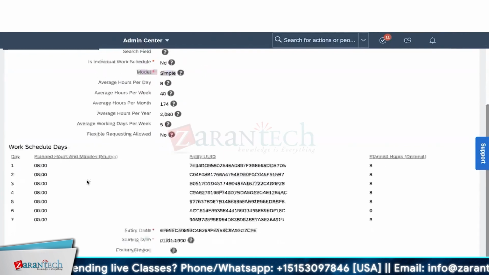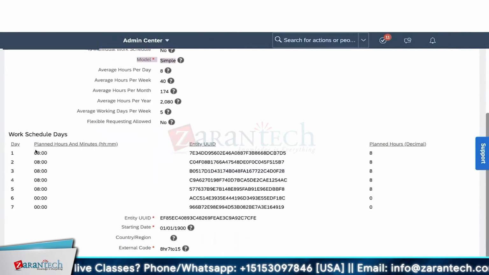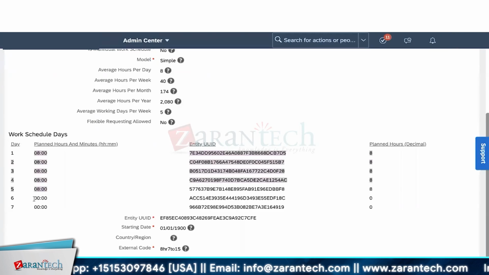This way we can maintain, say, a 7-day pattern in which 5 days are working and 2 days are non-working at 0 hours. And if the company wants the first week to have 5 days working, the second week 6 days working with Saturday working, again the third week 5 days, again the fourth week, say, 6 days. If they want alternate Saturdays to be working, you can keep it as a